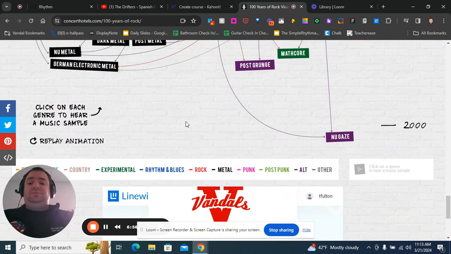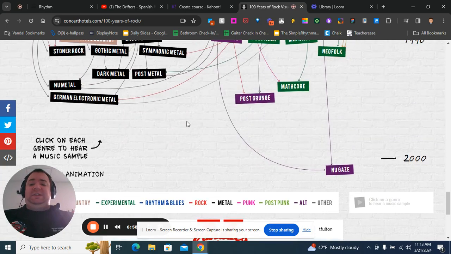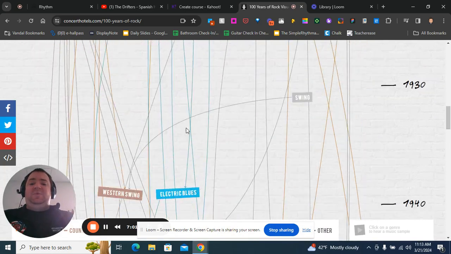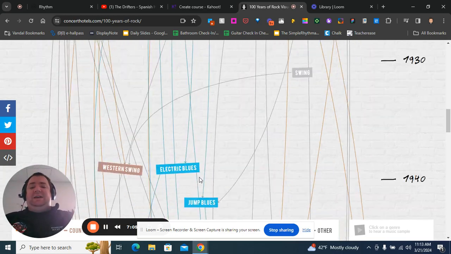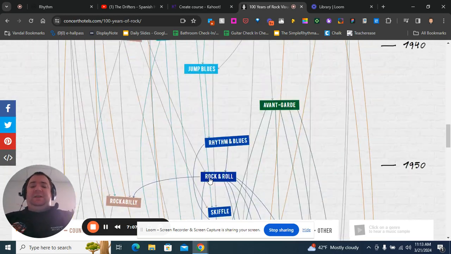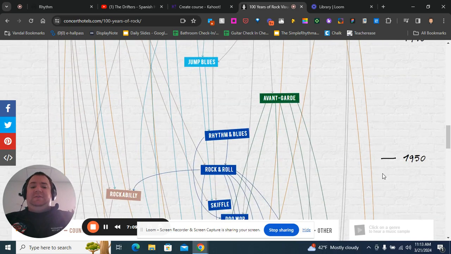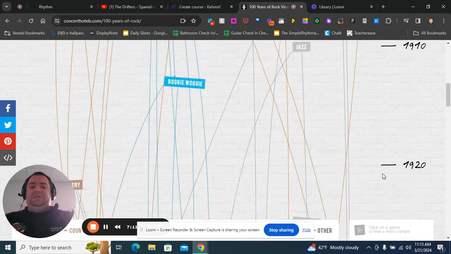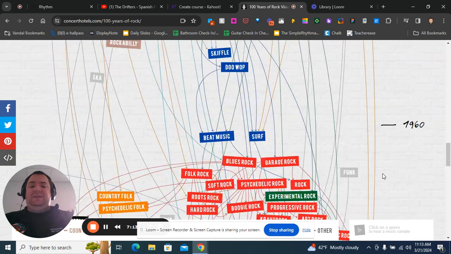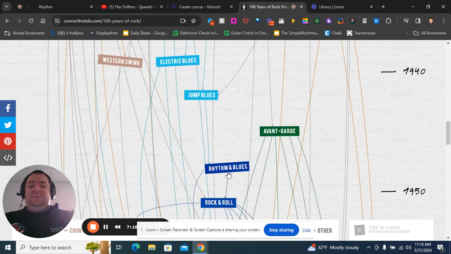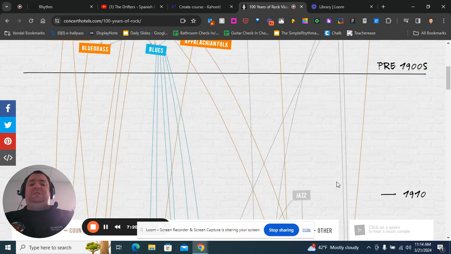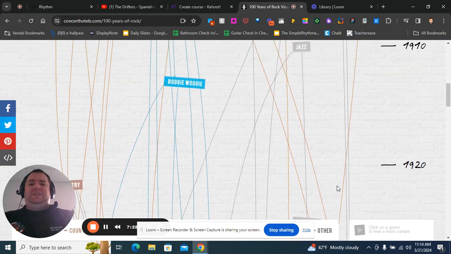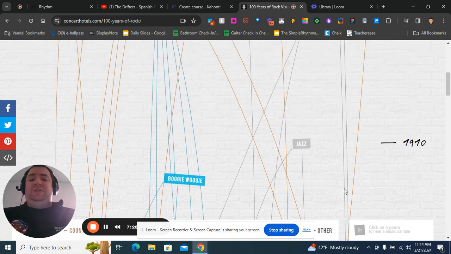So as we look at different kinds of rock and roll music, what I'd like you to do in the next section is pick one kind of music from the 1950s and back. So not anything after the 1950s, but starting with rhythm and blues and going back to some of the earlier music. I want you to take a kind of music and write just a small little blurb about how you think that played into the creation of rock and roll.